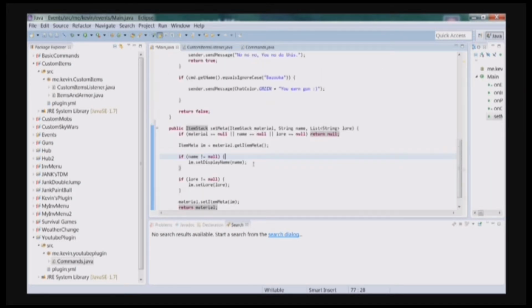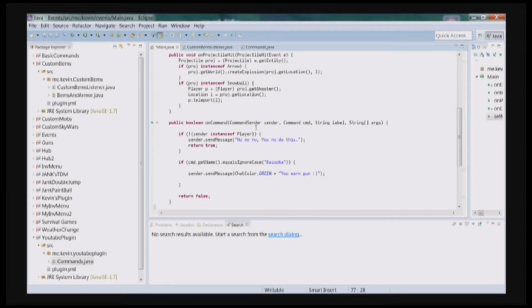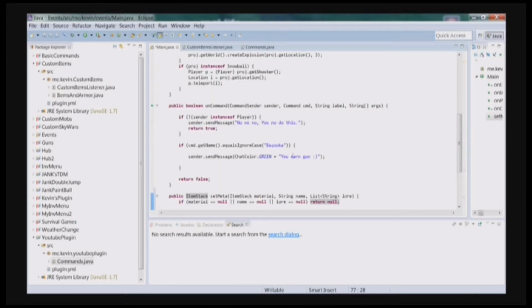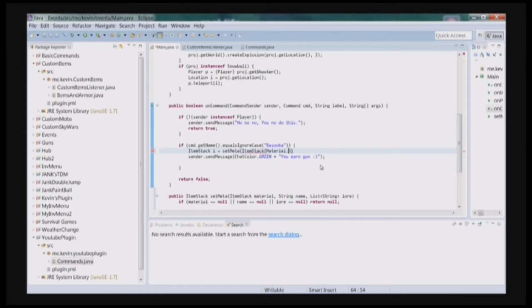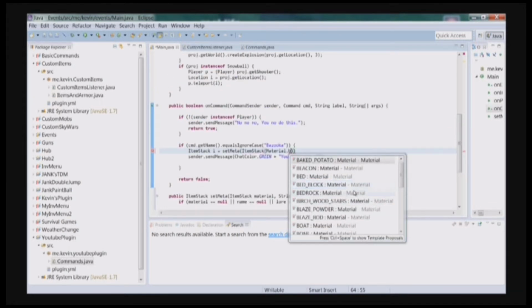So now to actually use this, you can go anywhere, but I'm just going to do it in a command that I've already set up. And if they type in the command, we're going to have an ItemStack i equals setMeta. Then we're going to have a new ItemStack, and then Material.BOW,